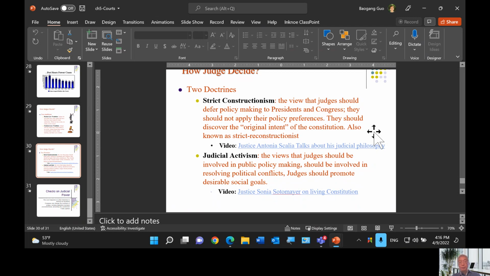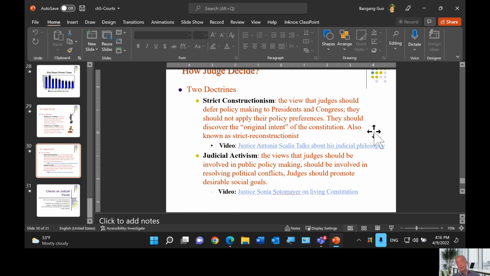They believe judges should be involved in public policy making and in resolving the political conflicts of the time they live in. So when there are no laws, judges can still make decisions and rulings trying to achieve certain desirable social goals, such as in the Brown versus Board of Education case.